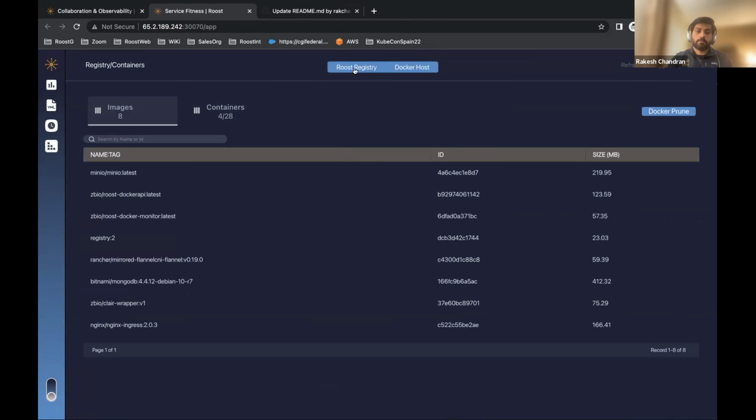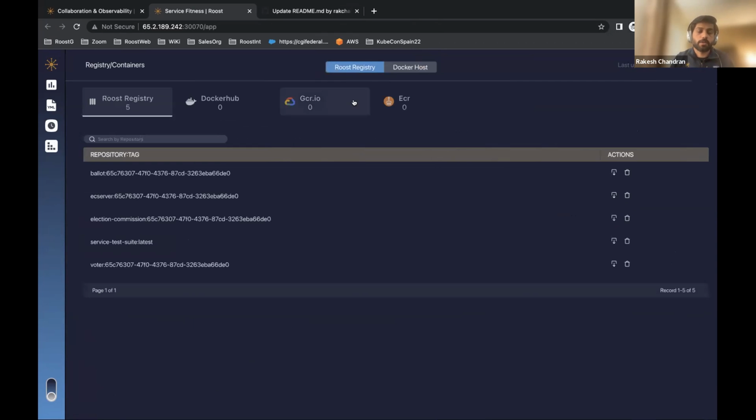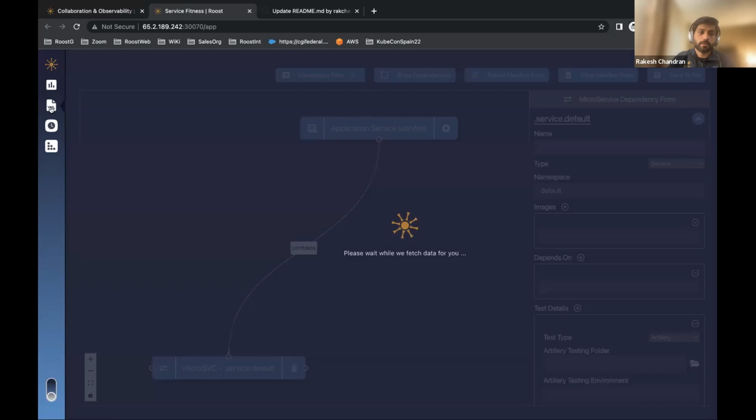And we do provide support for our own registry, so you can push your images there, or it can pull from it. If you don't want to use the build part from us, and you already have a build tool, then we can connect to your existing repository and pull those images from there and deploy it for you. So in a way, Roost can plug into different phases of your DevOps pipeline, or you can use it for the entire DevOps pipeline, where we control, or you can control the build, deploy, and the test from Roost itself.